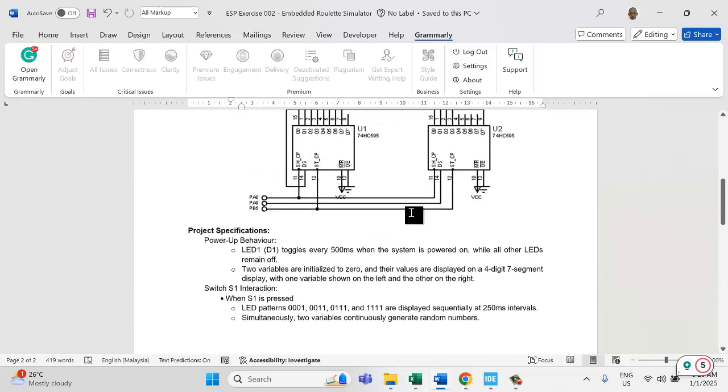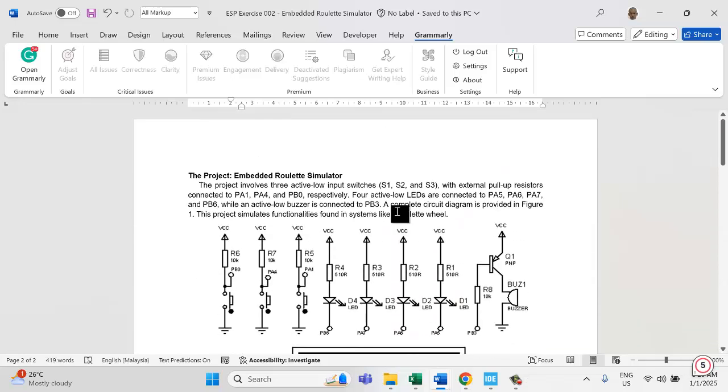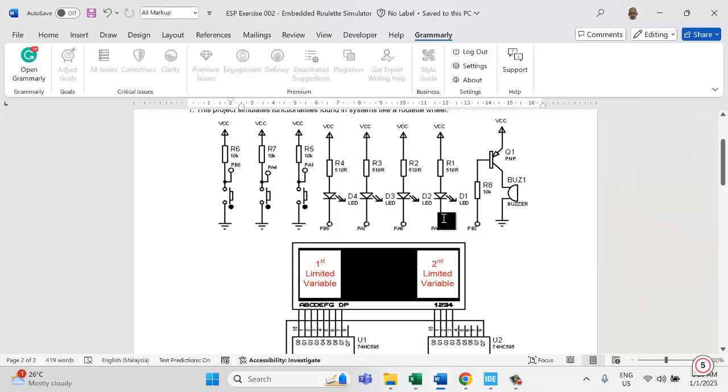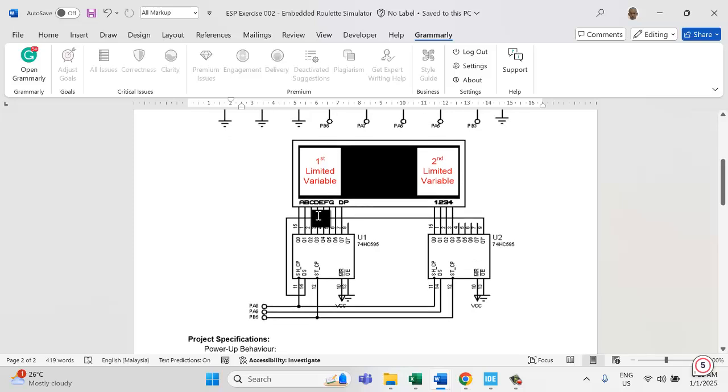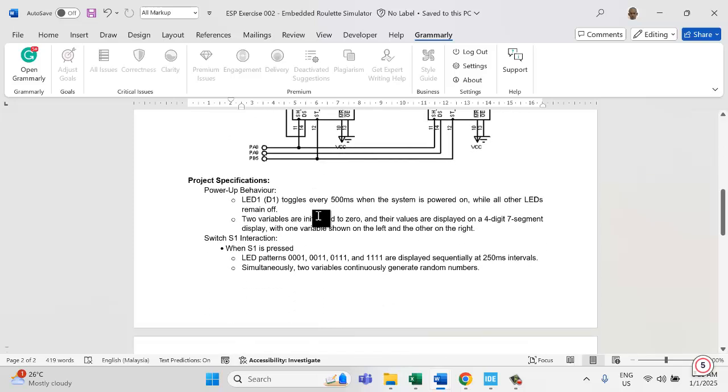In this video, I will show you the style of how to write code for an embedded roulette simulator, which has a number of push buttons, LEDs, a buzzer, as well as multi-segment displays. But we are using the most left and the most right for two variables. Later we will put it in, and then the project specification is: